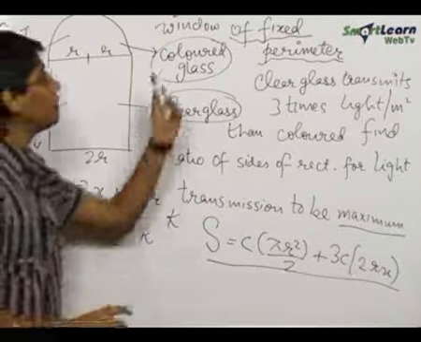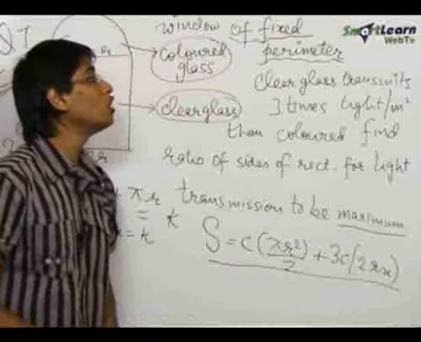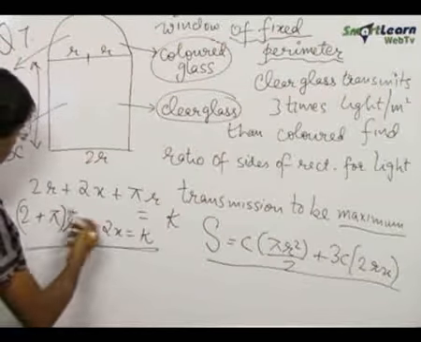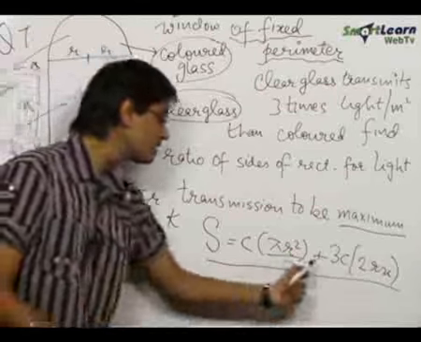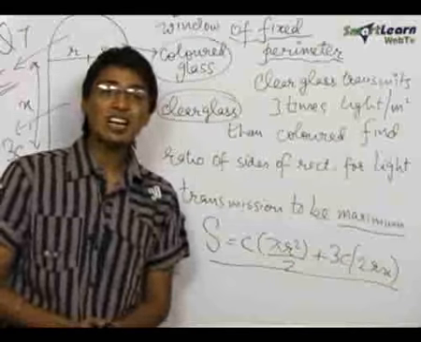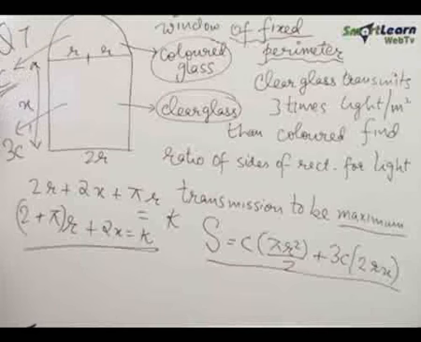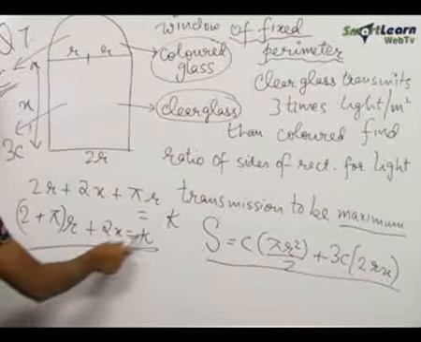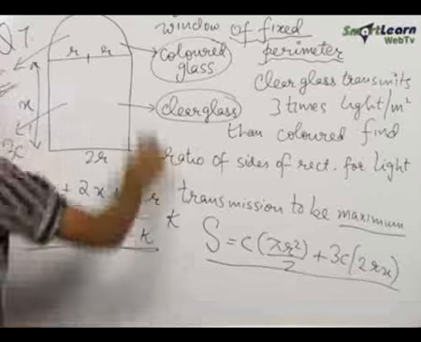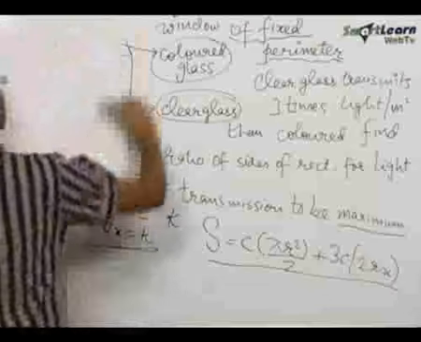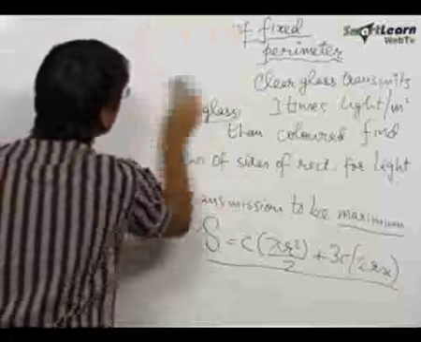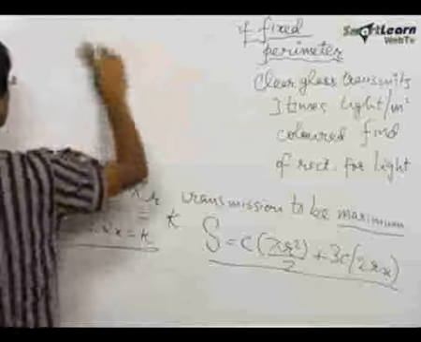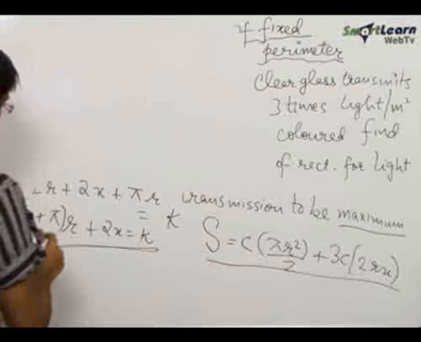Hence we have seen that we utilize the data of the window having a fixed perimeter by writing an equation, and now we'll use this equation in order to maximize the light transmission. So what we can do is we can either put r in terms of x over here or x in terms of r over here to get the entire equation in terms of only one variable. We have assumed two variables, r and x, r to be the radius of the semicircular portion and x to be one of the lengths of the rectangle.